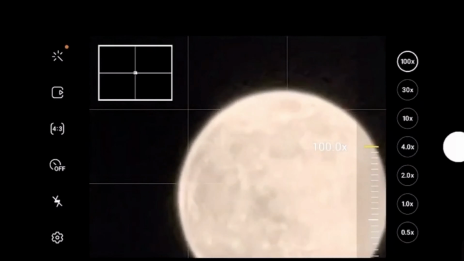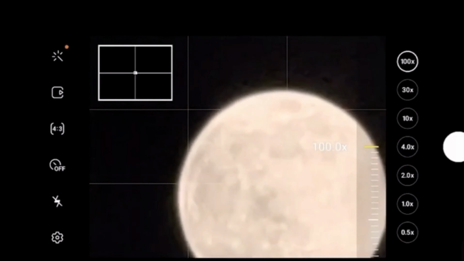Now let's move on to camera megapixels and aperture. There are cameras of 4 megapixels, 8 megapixels, 12 megapixels, and up to 108 megapixels. That's a lot. You guys need to understand that increasing the camera megapixels doesn't improve the image quality but improves the detail of the image. Talking about resolution, there are resolutions of 480p, 720p, 1080p, 2K and up to 4K. And nowadays smartphones like the Samsung Galaxy S20 Ultra can also shoot 8K videos.